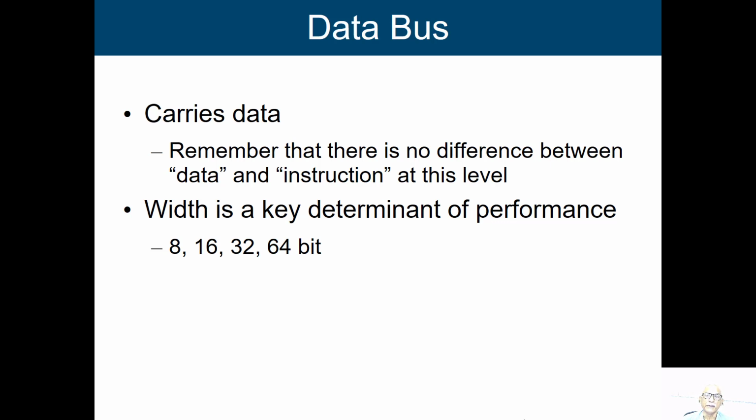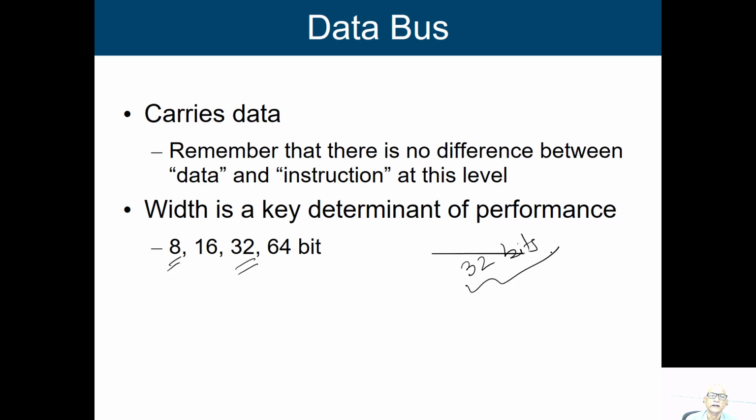And it is a key determinant of the performance. Say if I talk about the width of the data bus being 8, that means we can transfer only 8 bits of information at one point of time. If it is 32 bits, then we can transfer 32 bits of information in one go. Now, why are we saying that it is the determinant of the performance? Consider a processor that is 32 bits. Then what will happen in this particular case? If I am having a data bus of 32 bits or 32 channels, all these 32 bits can be transferred in one go.